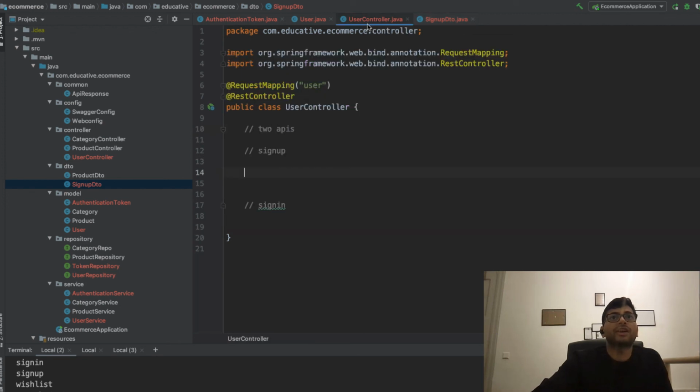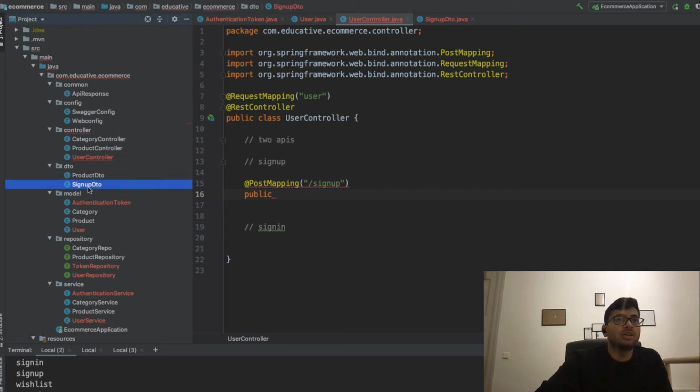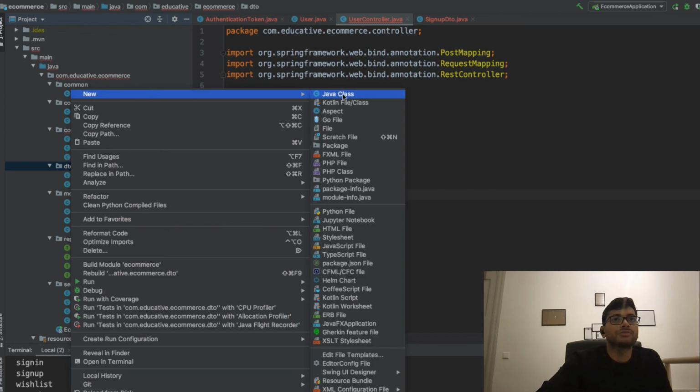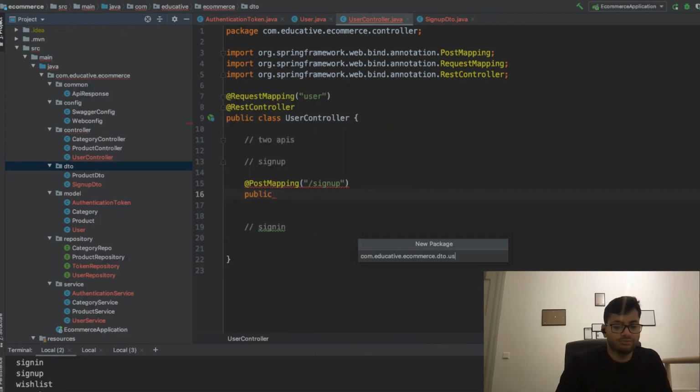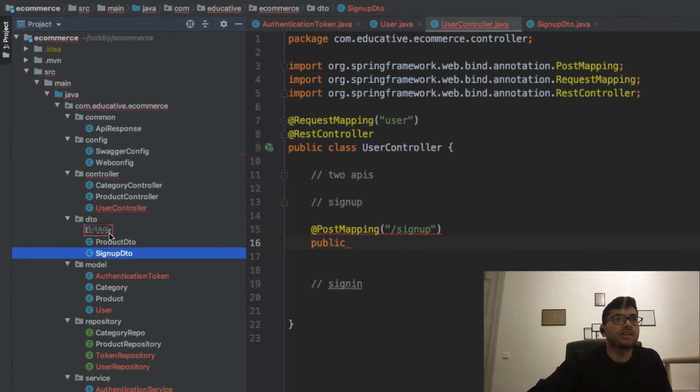So now we are ready to create the controller for sign up. So let's use post mapping, and we will have it as sign up, and public. Response will be just a response. We'll also create one DTO for the response. Okay, and let's create a package in the DTO for the user, because we'll have many DTOs here. So let's create this user DTO and put the sign up here,